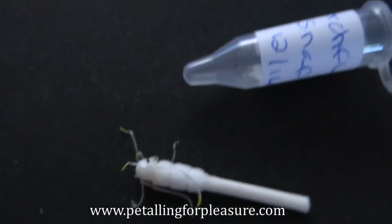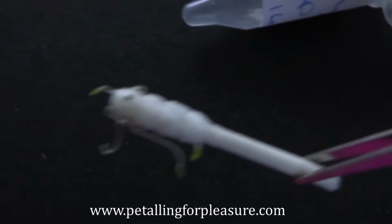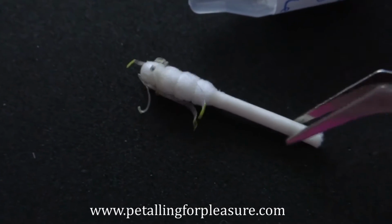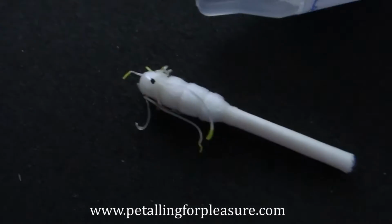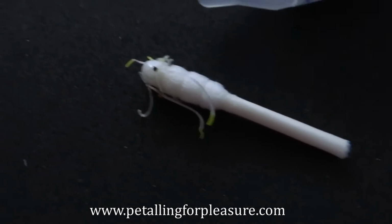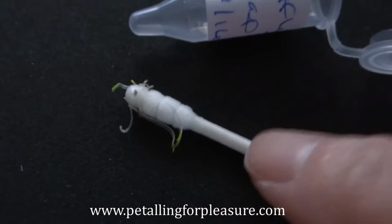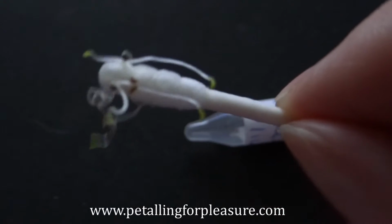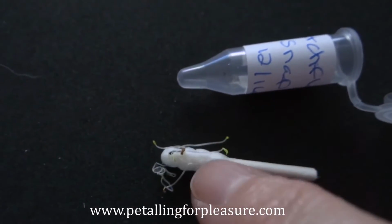So what I do is when I start this process, I check this every single day because it's amazing how fast these little guys grow. And all I did was, this is the end of a Q-tip. You can use a little piece of cotton swab, a paper towel, anything that's a paper product, anything that will retain water or moisture for a small amount of time. And what's cool about this is that you just get this damp, roll your seed onto it, and then the seed just starts to germinate,